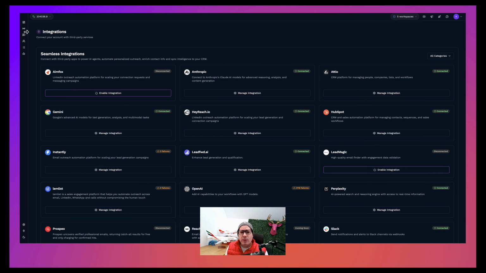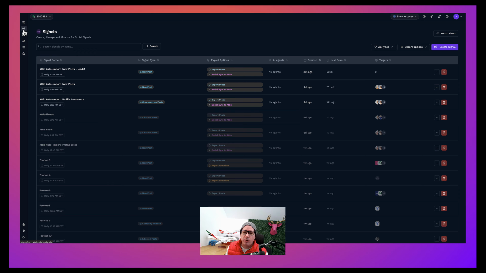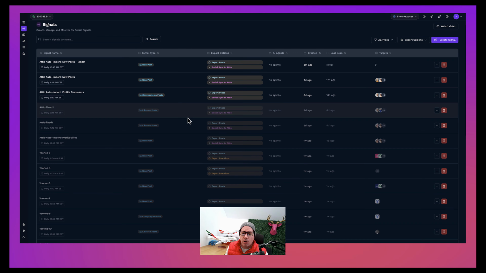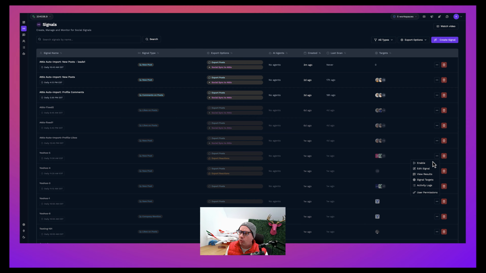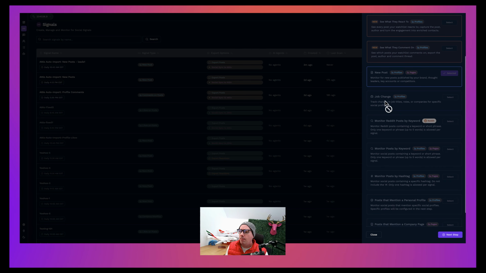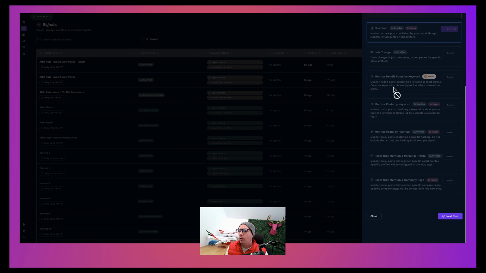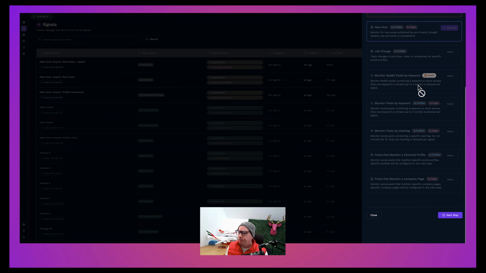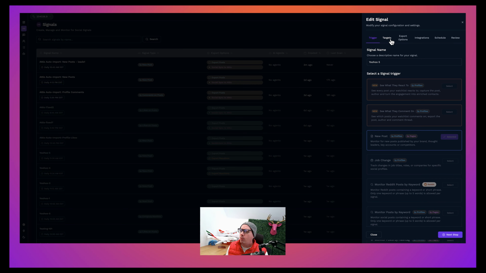As I said, a signal inside of getsignals is basically a saved search, and there are a multitude of different types of signals that you can create. This one in particular, we're monitoring competitors for new posts, but you can monitor specific profiles for job changes. You can monitor Reddit posts by keyword, monitor general posts by keyword or hashtag. You can monitor your company page or a competitor's company page, or any company or any personal profile that's going to be attracting your audience. The whole goal here is to identify some buyer intent through social signals. So in this particular case, we're monitoring, I think, three different